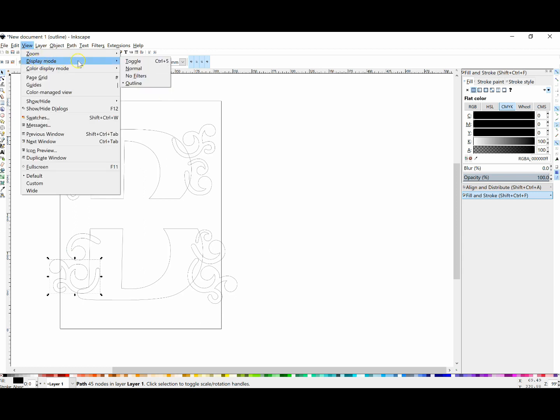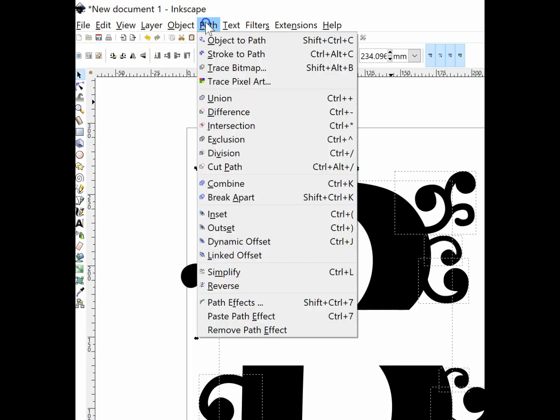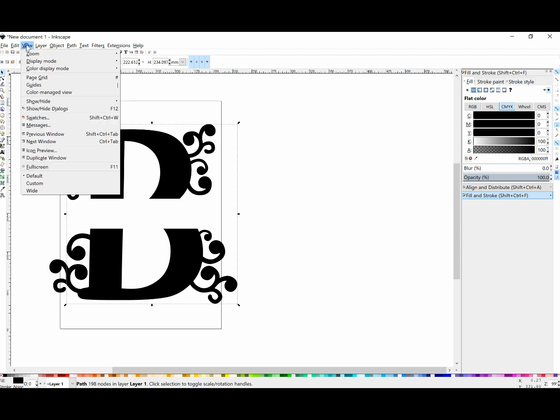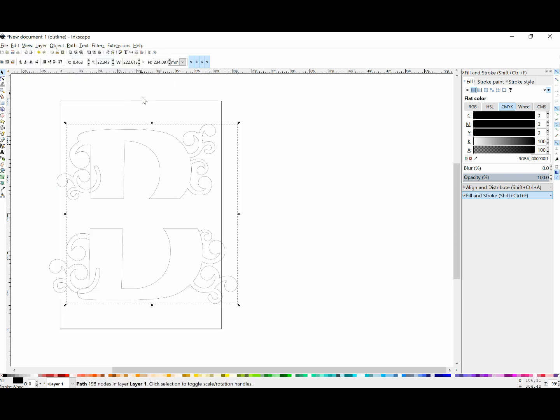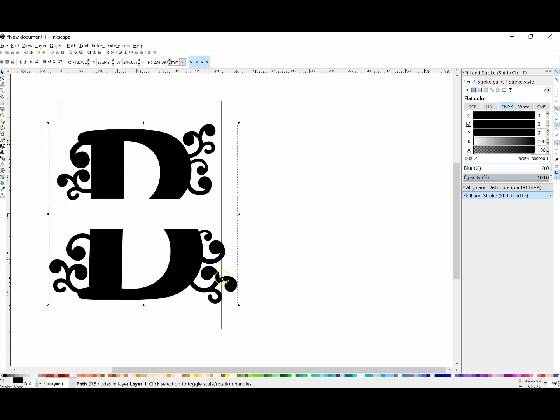So I'm going to go back to View, Display Mode, Normal, and I'm going to select everything that's here on my screen. And I'm going to go to Path, Union. And now all those individual boxes went away. If I go to View, Display Mode, Outline, notice how clean it is, although I missed a couple. So I'm going to union those again. Let me click on this design and this design, and that's a good way to check. And go to Path, Union, and notice how now those are gone. Okay, so I just didn't have those selected when I thought I did, which is why it's always so important to go back and check that view.